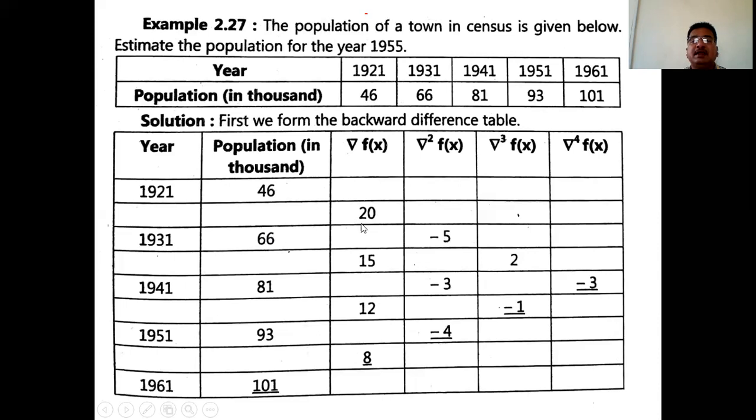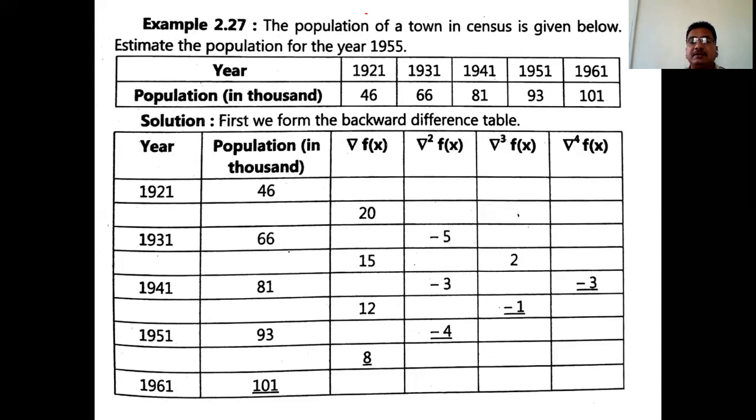So what is this entry? 66 minus 46 is 20. So the method of preparation of the forward difference table and backward difference table are the same. If we had to construct a forward difference table, what is the change in this table? This column as it is, all the columns are as it is, only at this place there is delta, delta square, delta cube, but the entries are the same. So the methods of preparing the forward and backward difference tables are both the same.